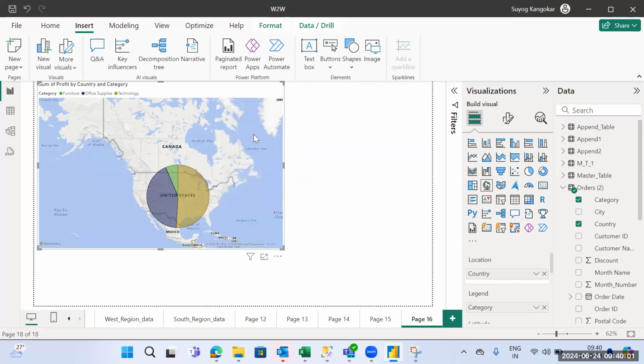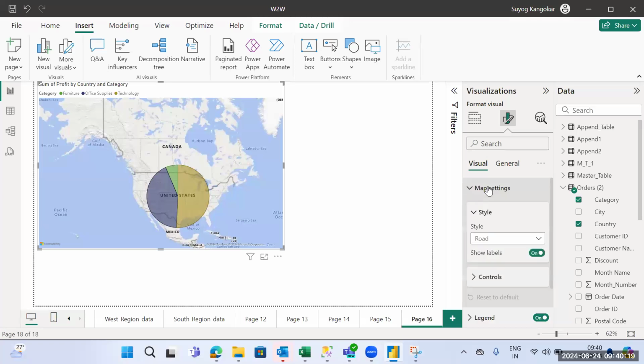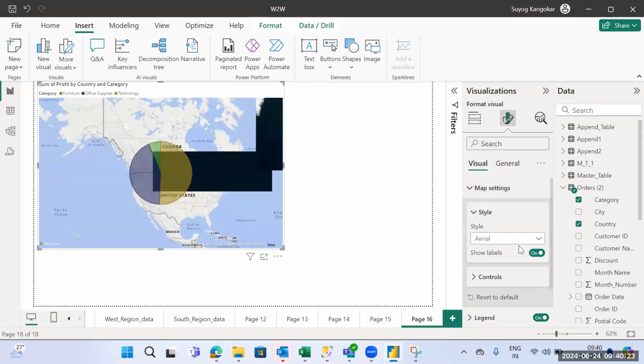So this is a map plus the pie chart within the map. Okay, like that you can create. You just need to drag the options where you can go and what you can create. This map. And if you go to the map settings, whatever you want, area,